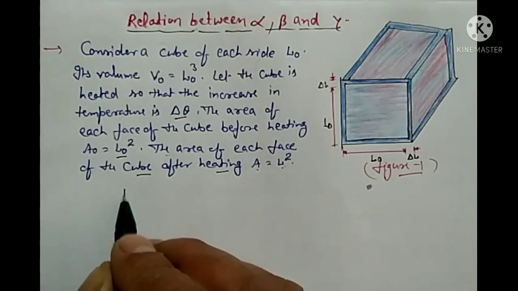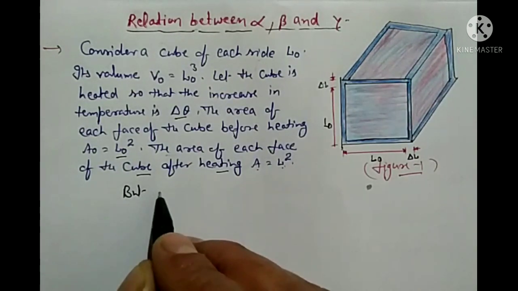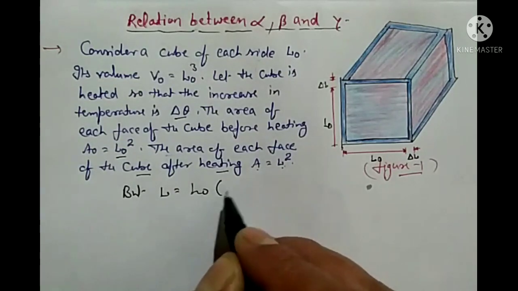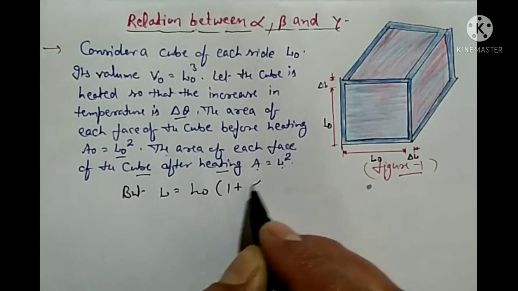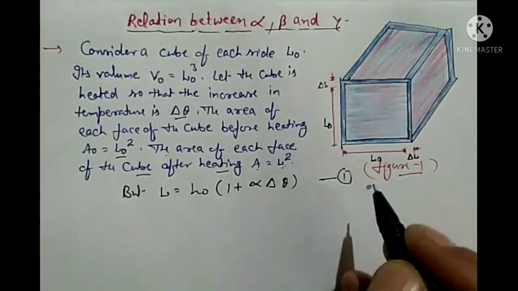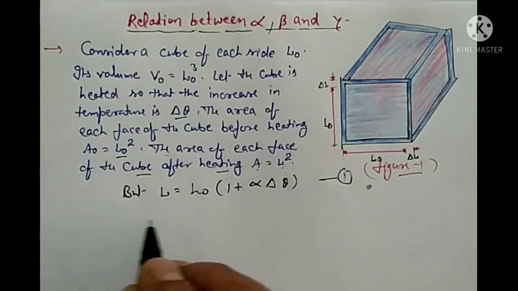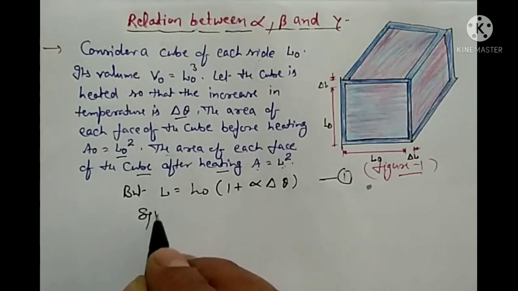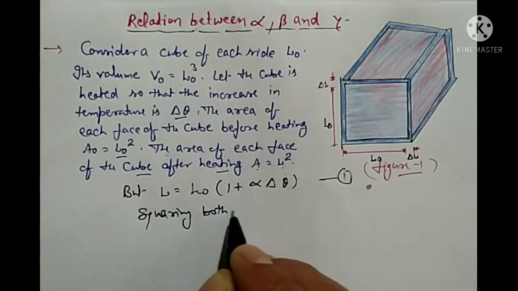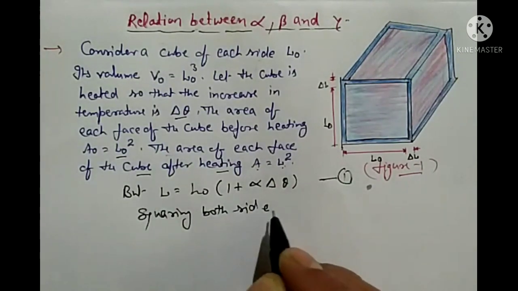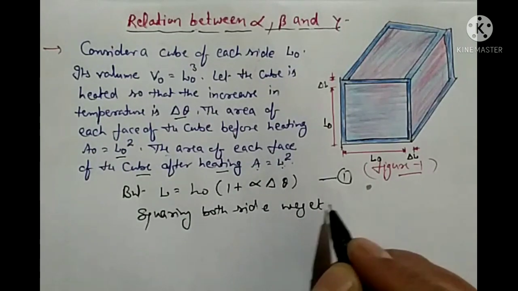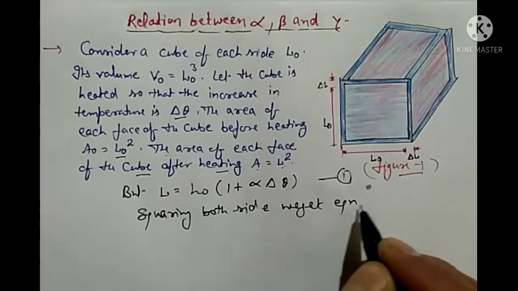But we know that L is equal to L naught into 1 plus alpha del theta. This is equation number 1. Now squaring both sides of equation 1,